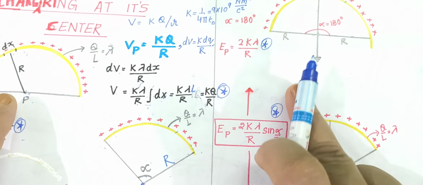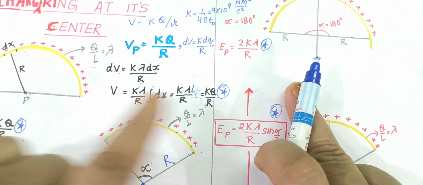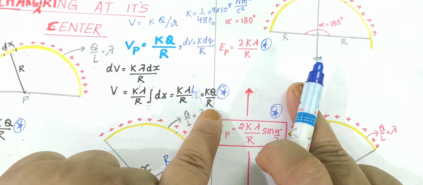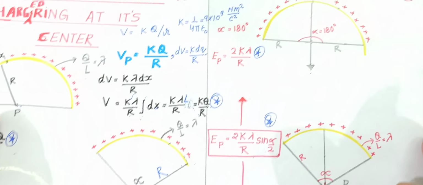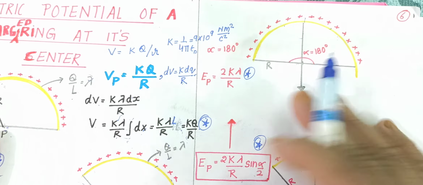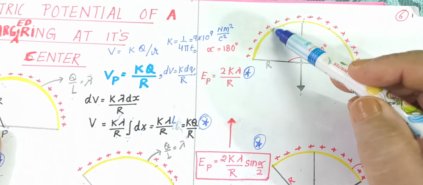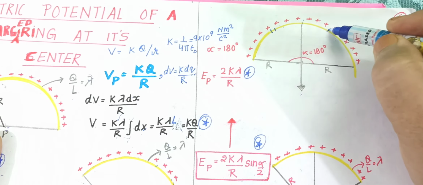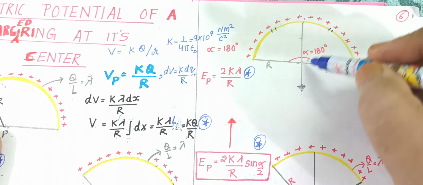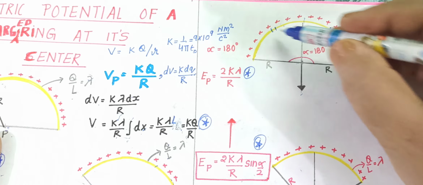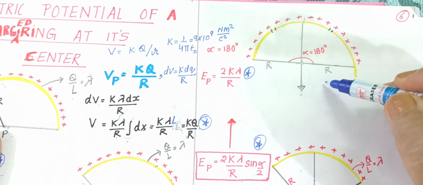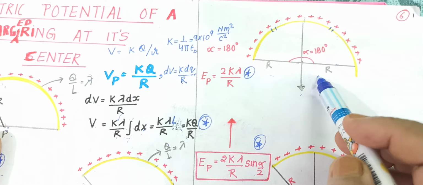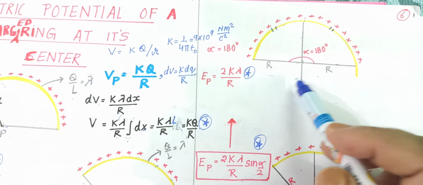In these similar situations, this is electric potential, but when we calculated electric field, we had taken two elements symmetrically at two sides. Then we drew the electric field of the two elements. Then we resolved the electric field of the two elements,